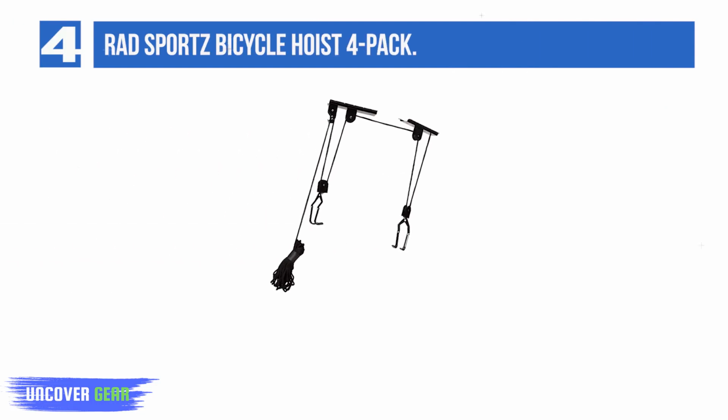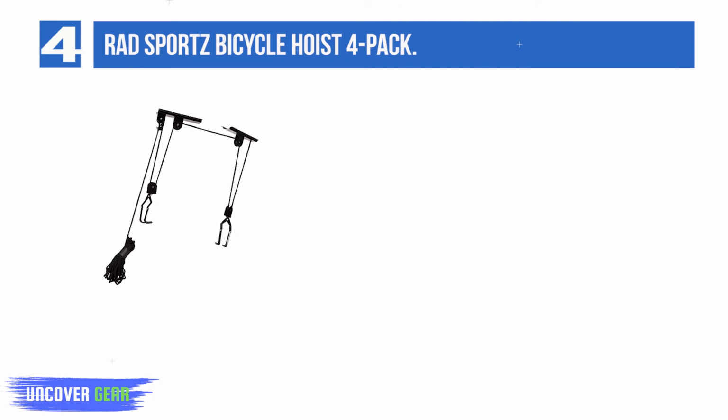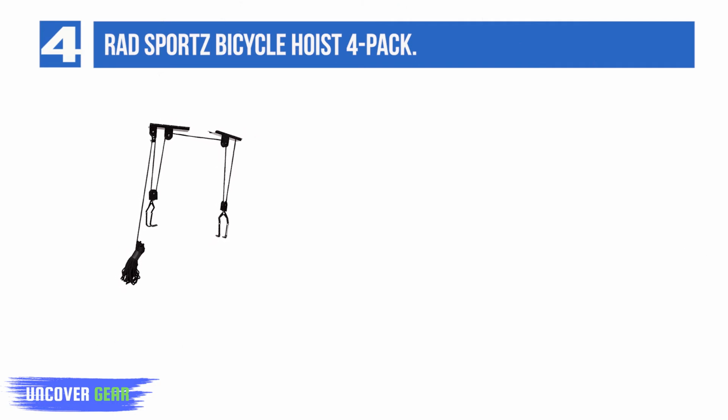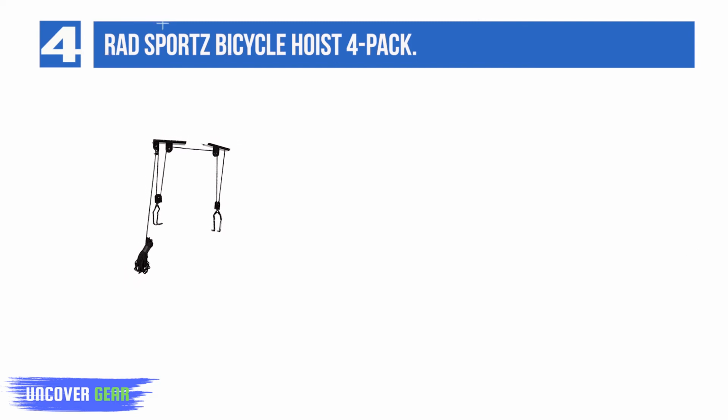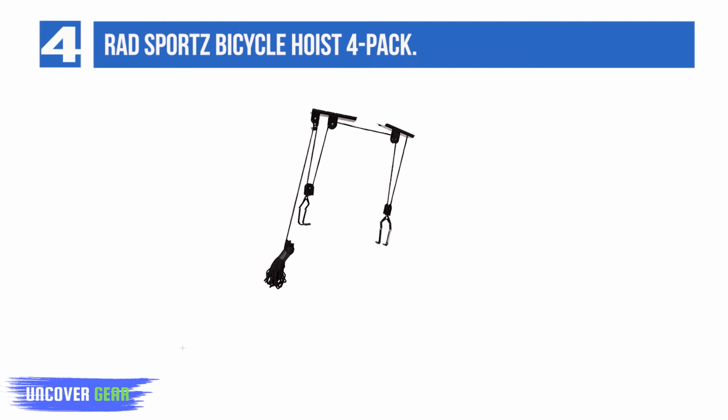List number 4. RAD SPORTZ Bicycle Hoist 4-Pack. Do you need somewhere to store your bikes during off-season? The RAD SPORTZ Bicycle Hoist 4-Pack will do it for the entire family. You will not have to worry about your bikes taking up space or getting damaged within the hustle and bustle of the space. And for such a simple solution, it comes with an easy price point that you will love